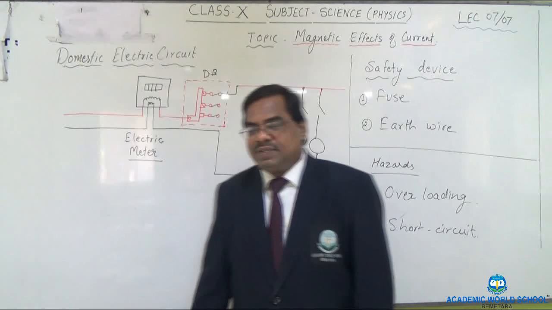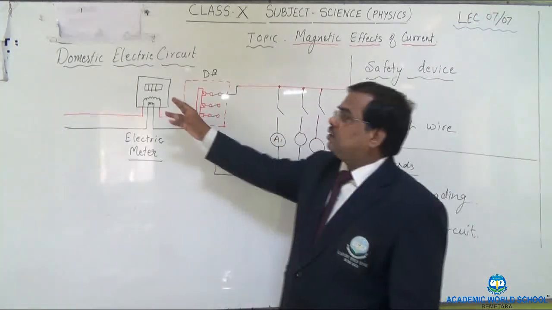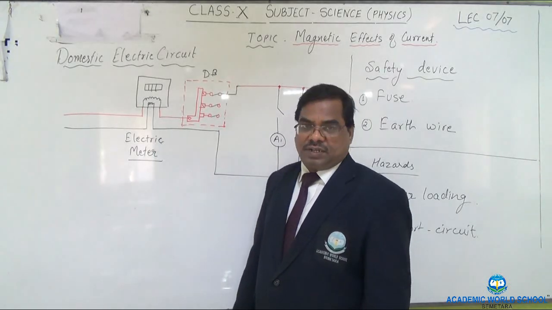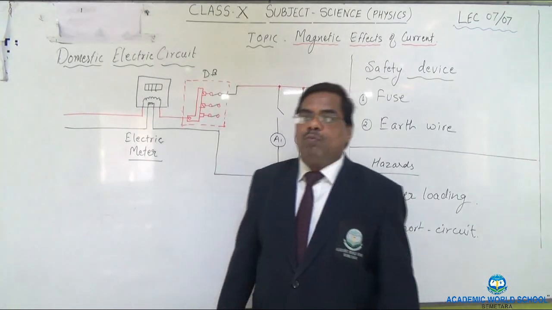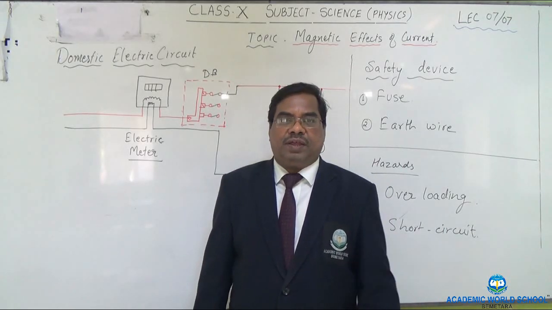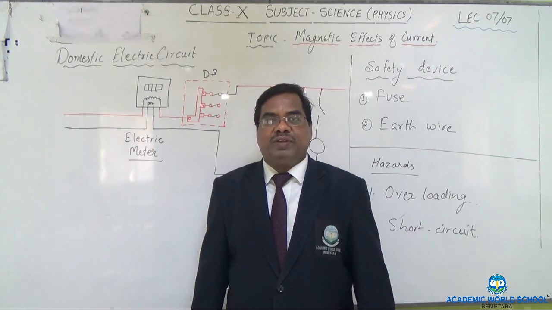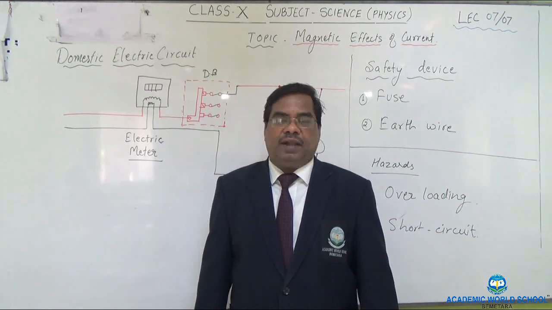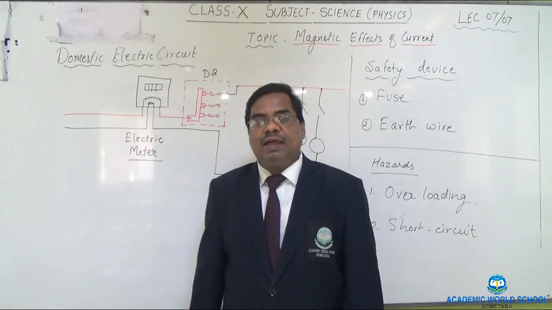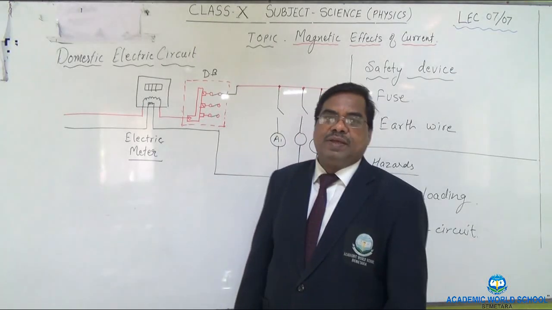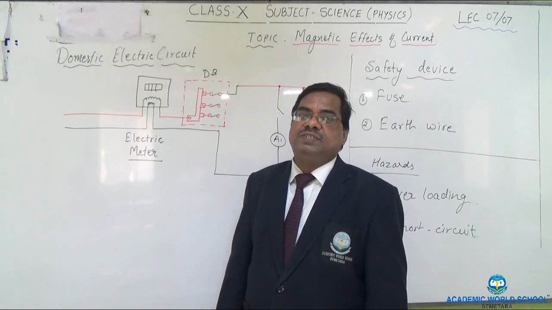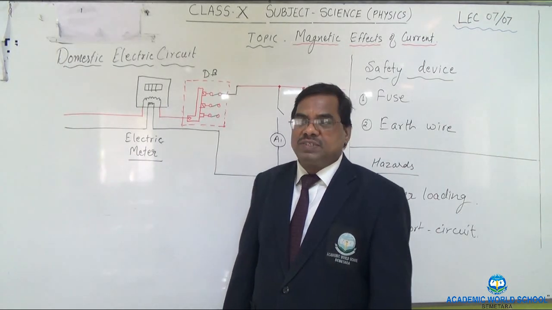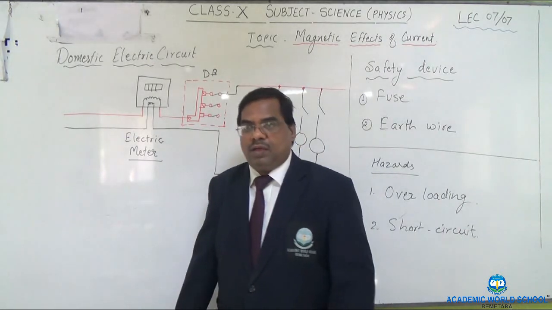On my right hand side I have the symbolic diagram of a domestic electric circuit. You know, in our home we have electricity wiring that runs in all rooms, through which all the appliances such as your bulbs, tube lights and fans etc. are connected. So what is the method in which the electricity is distributed in your home and from where does it come? About this we will study in this diagram.